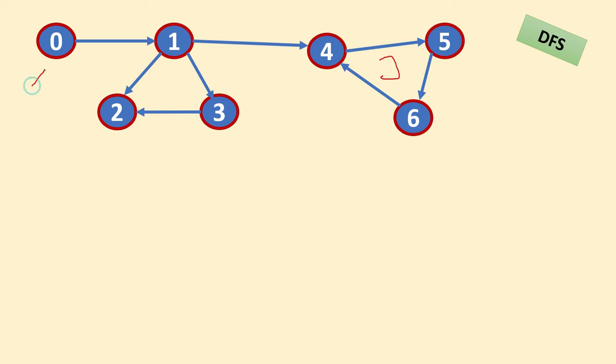So suppose we are starting from this point, 0, and then as per the DFS rule, we will visit this one, 0 to 1. And then any of their nodes like 2, 3 or 4 I can visit. Suppose I am visiting 2. Then after 2 can we go further? No, because 2 has no adjacent nodes. So now as 2 has no adjacent nodes, we can say this 2 is completely processed. Means from 2 we can't go further.